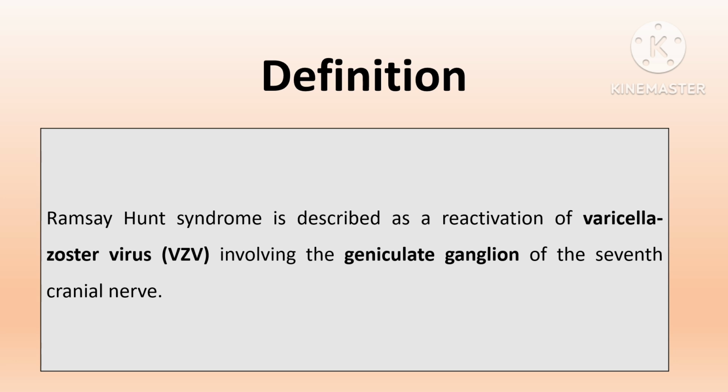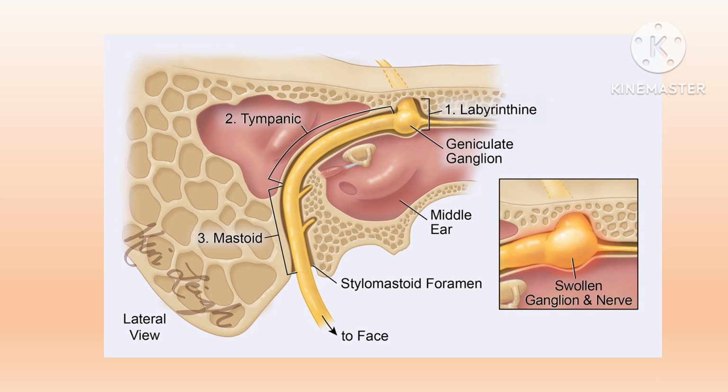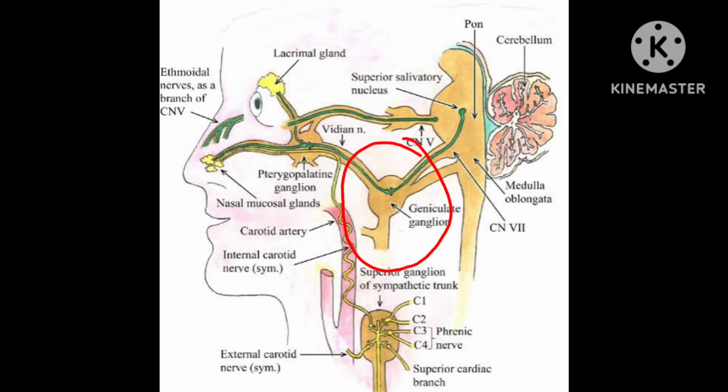This syndrome was first described by James Ramsay Hunt, who detailed the condition as the combination of vesicular rash and facial paralysis. Talking briefly about the geniculate ganglion, it is a collection of sensory nerve cell bodies located within the facial nerve at the sharp bend or genu in the facial canal of the temporal bone. It serves as a relay point for sensory fibers, including taste sensations for the anterior two-thirds of the tongue and the general sensation from part of the external ear.